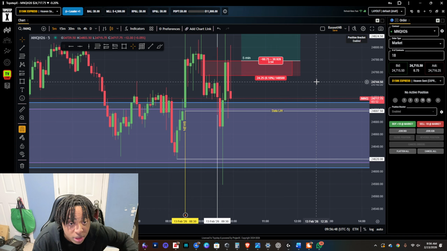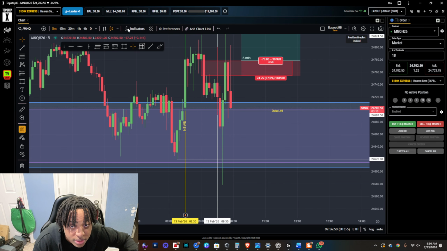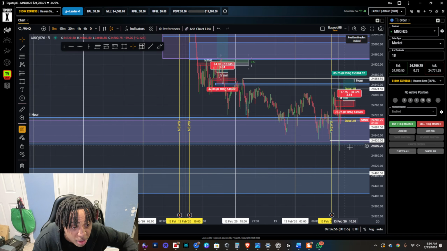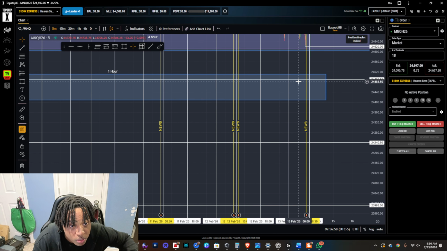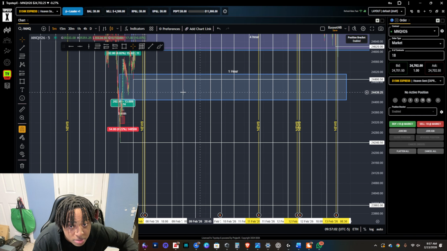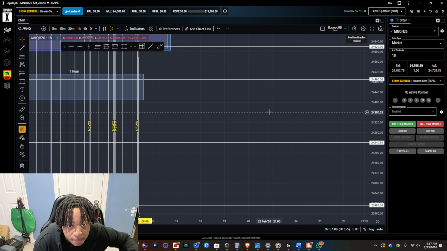I think it'll be a lot smarter to go up, but all I know is that if I get a breaker structure downwards and then I get a continuation, boy, I'm downpiping that stuff. Like TP1 right here, TP2 right here, TP3. That's what I'm talking about. I might actually do TP2 here, then TP3 here.